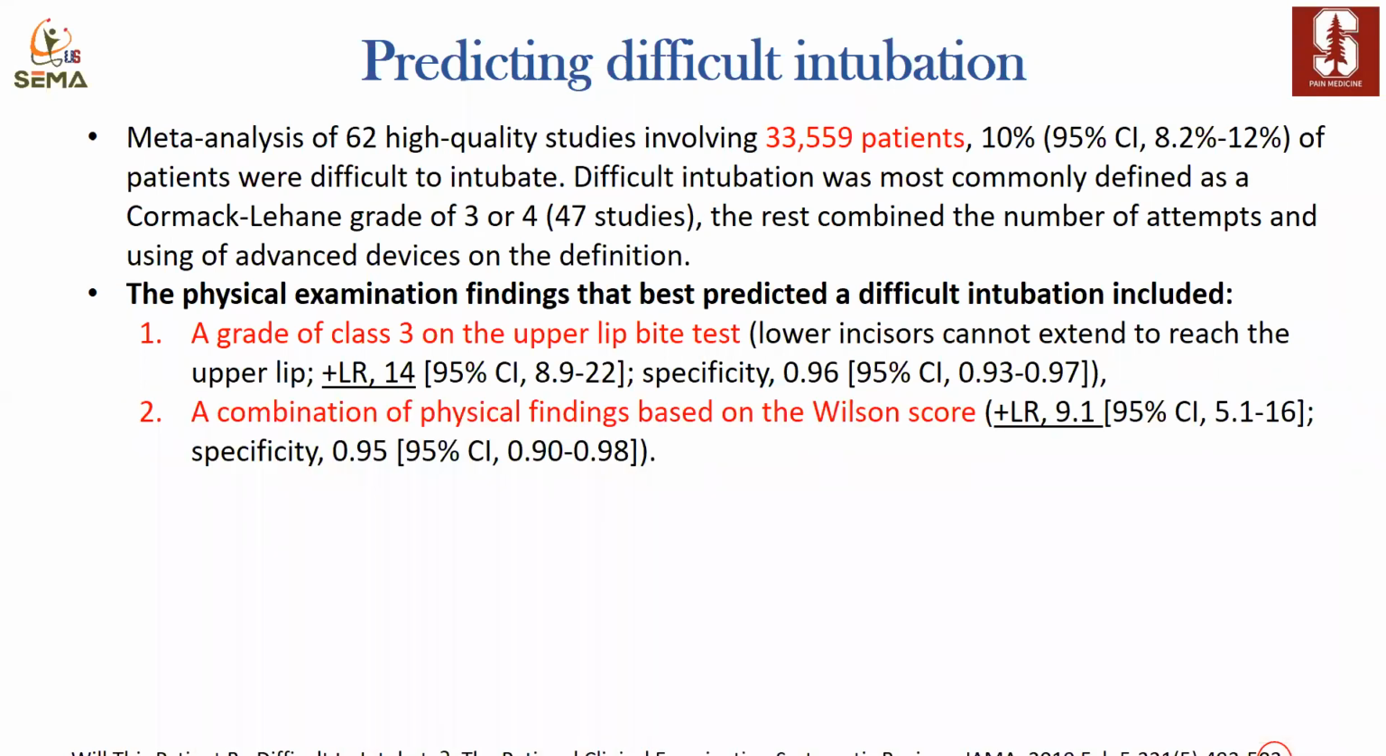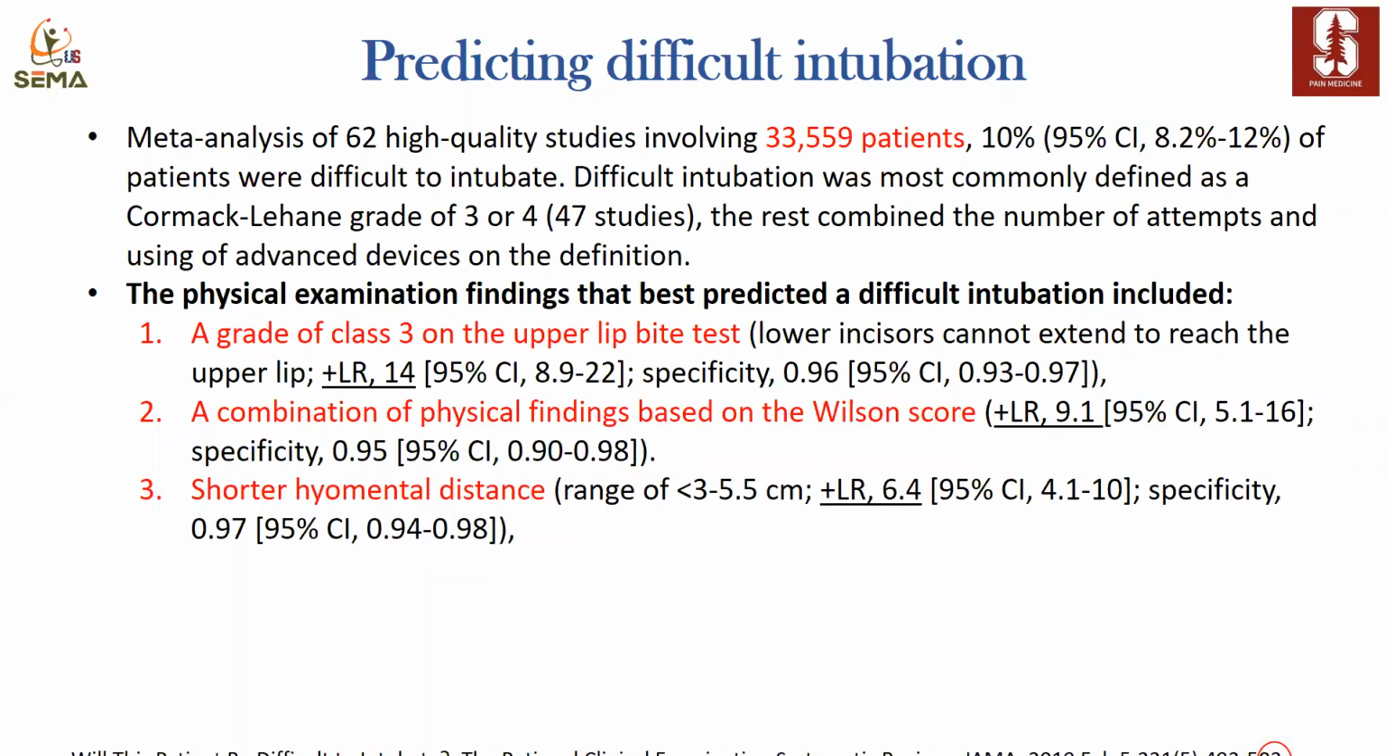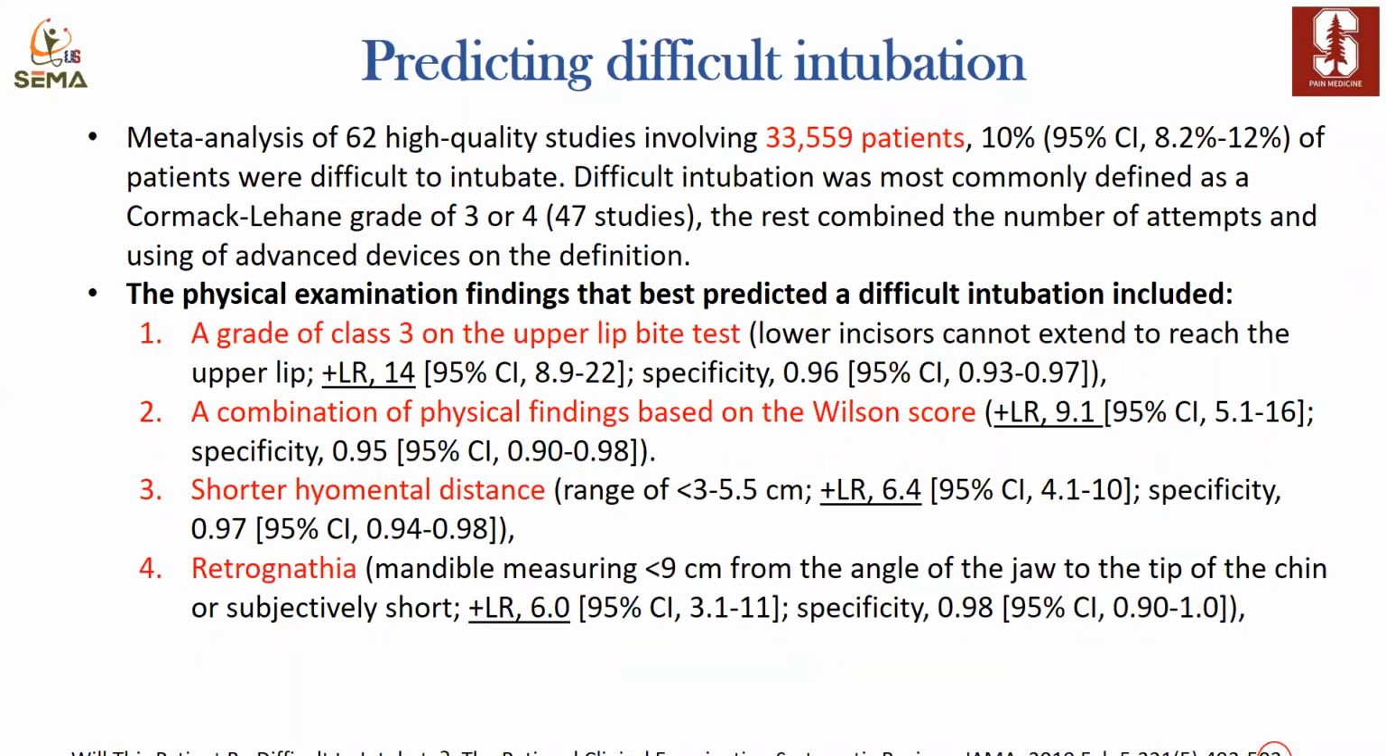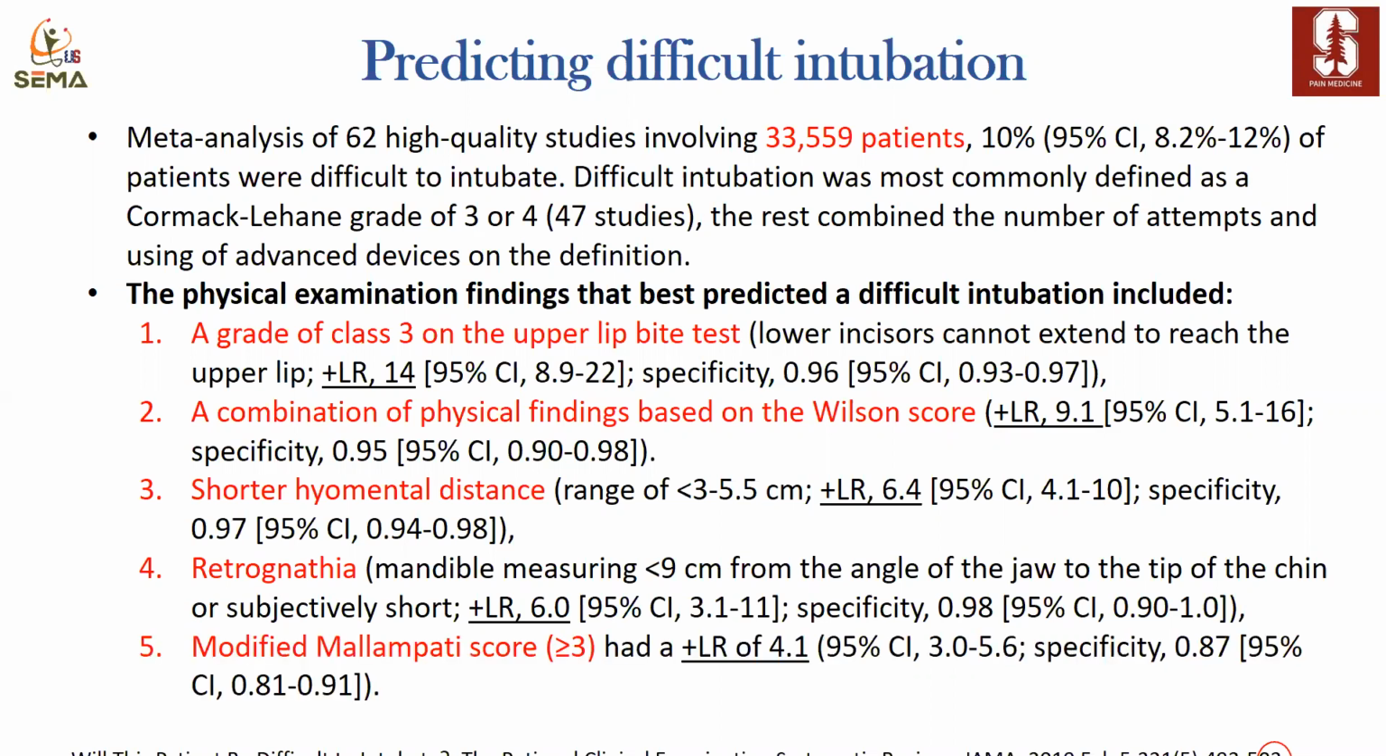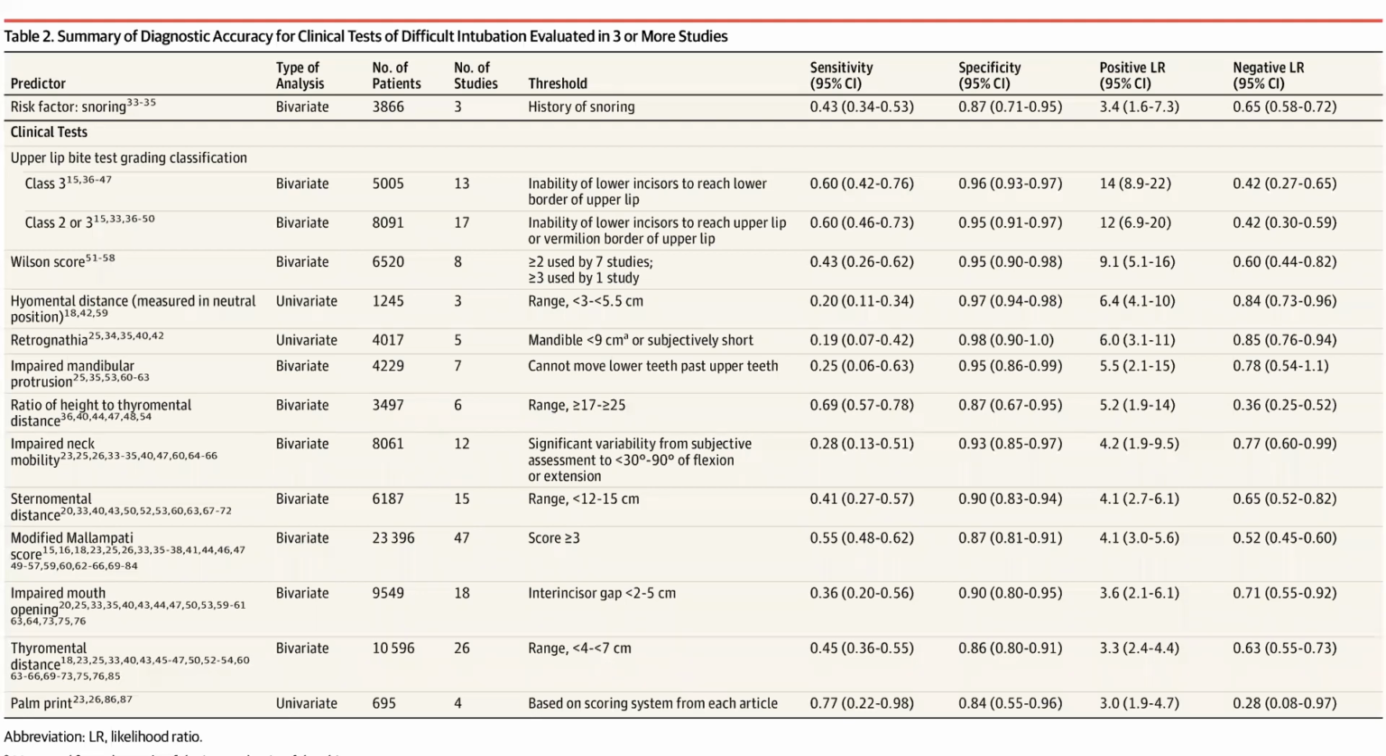And again, here we're talking about difficult intubation. 3, short thyromental distance, I remember that's a positive likelihood ratio of about 6.4. Retrognathia, which is a mandible measured from the angle to the tip of the chin, less than 9 centimeters, that's around 6. And then, surprisingly or not, modified Mallampati score came after them with a positive likelihood ratio of about 4. This is, I don't want to scare you with this table, but basically this is the table that